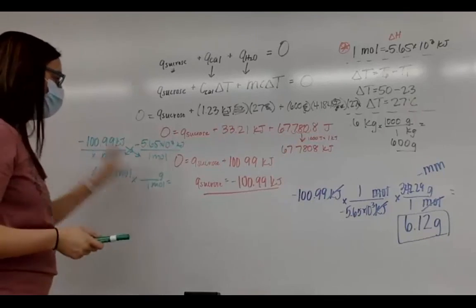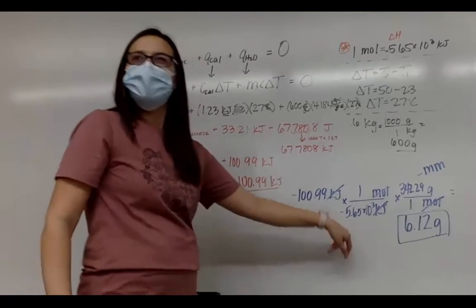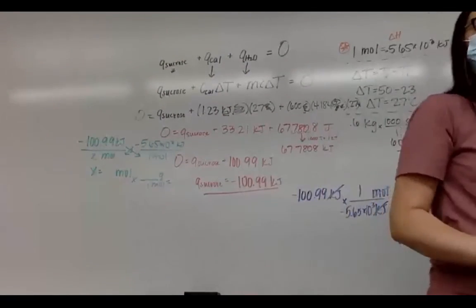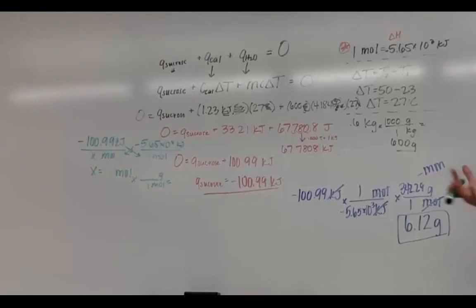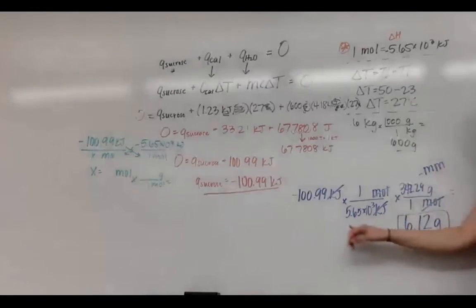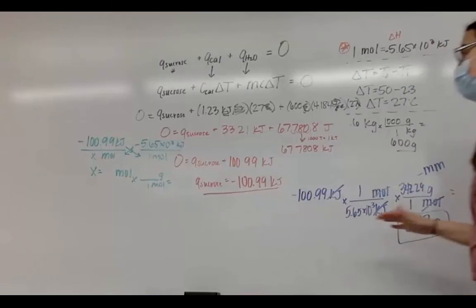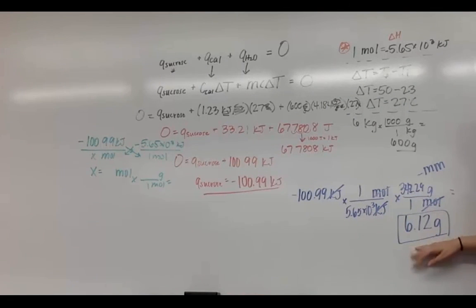Because Q and delta H are negative, those will cancel out. Just remember that masses should always be positive. You cannot have a negative mass. So if you're solving something and maybe you forgot the negative here, and you get a negative number for mass, just remember that that has to be a positive number. So this was taking a calorimetry problem that we looked at yesterday. Now if you actually look at this, if you do negative 100.99 divided by 6.12, there is your kilojoules per gram. Multiply by the molar mass, that's going to give you the